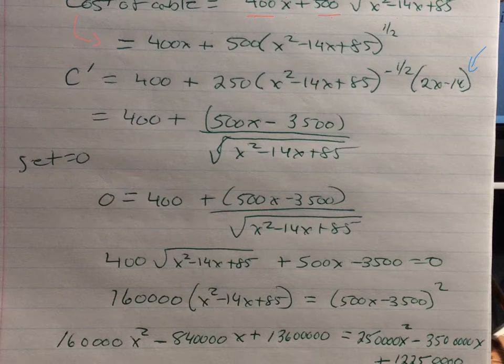That's from the chain rule. This is the chain rule from this. And so simplifying that, the negative 1/2 exponent puts that part of the answer down in the denominator for now. And I multiplied 250 times 2x minus 14 to get the top here. And then I set the derivative equal to 0, okay? So I've got the steps shown there, and you can go through those step by step if you like to